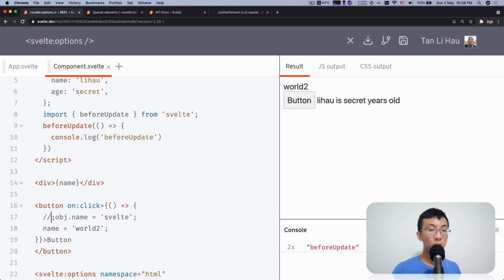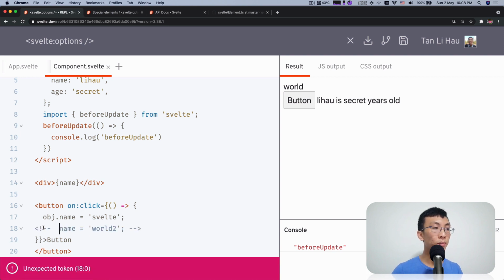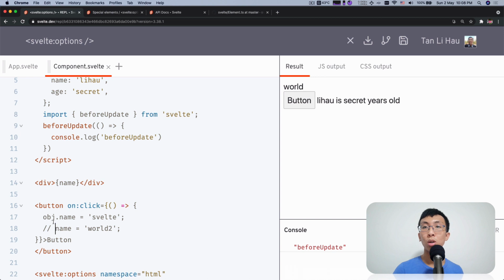But how about objects? If you come over here and do this to an object, what are you going to compare with? If you compare by the object reference, nothing has changed, right? You are mutating the object, the reference is still the same, so technically nothing should happen. But because we've been promoting mutating the object directly, saying you can just change this object and it should trigger an update,